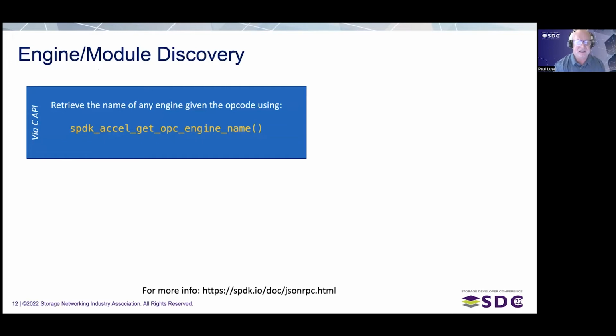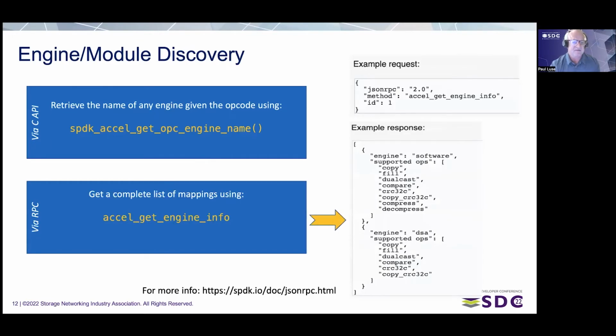So if I'm an application and I need to know, hey, what's out there, right? What do I have for modules and how are they mapped to opcodes? I can do it via a C API, which is get opcode engine name. So I can pass in an opcode and it will tell me what engine is responsible for that. Or I can do it with an RPC, right? So if I have somebody who's not recompiling the code or not writing the code, you can do this in RPC with Excel get engine info, right? And this is going to change to Excel get module info one of these days, but again, that's why I'm listing both here. So in this RPC example request, you can see the request comes in, hey, give me the